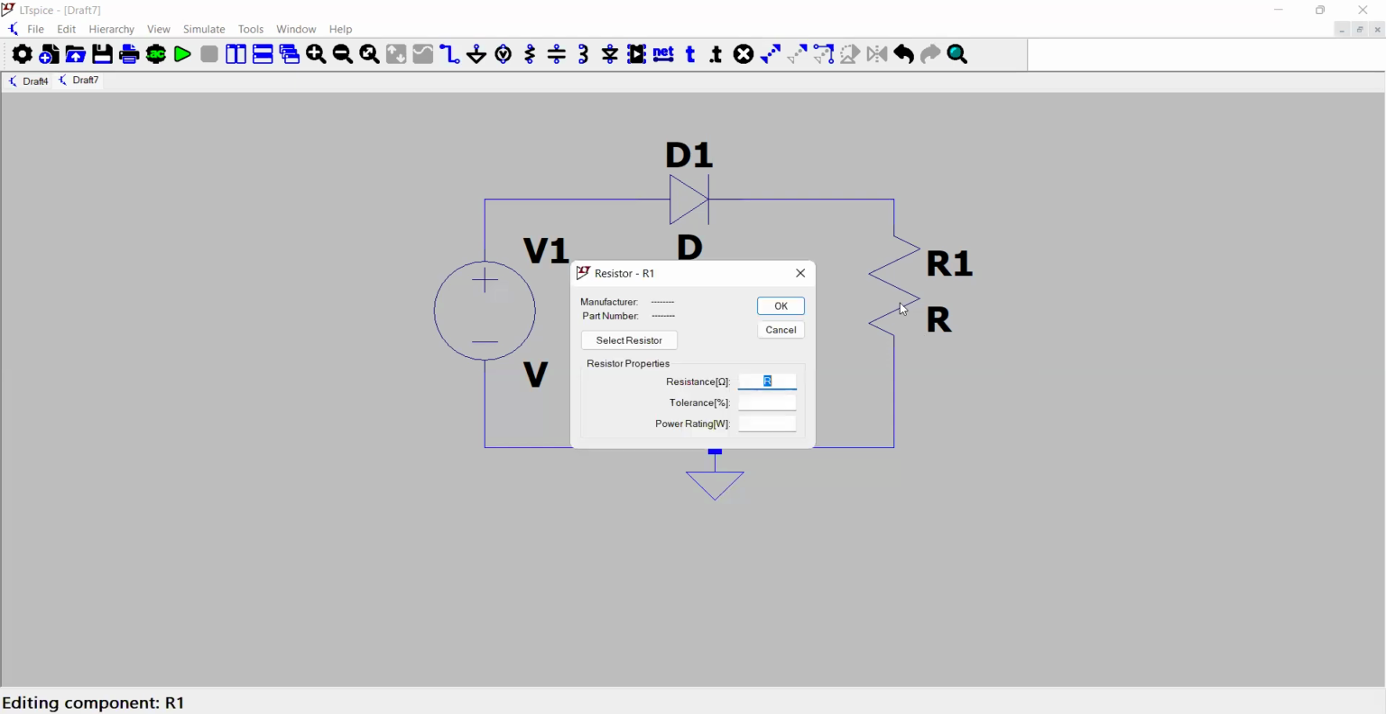And once I right click the mouse, it gives me an option where I can key in the value of that resistor. So if I wanted this resistor to be in ohms, I just need to key in the figure like 100, and that will mean 100 ohms. But if I want to make it 100 kilo ohms, then I have to append a capital K